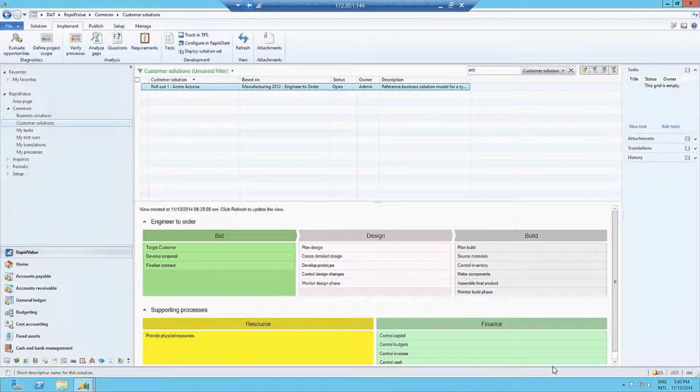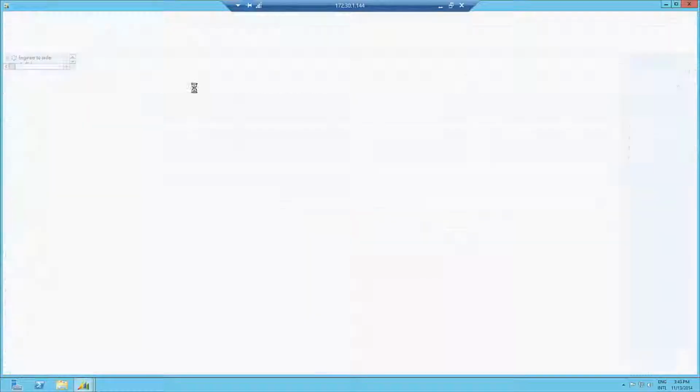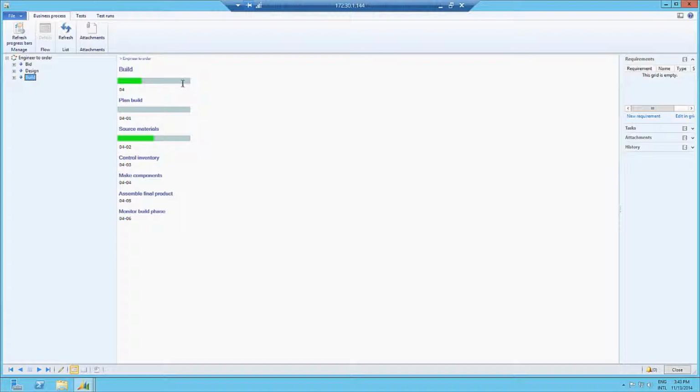I moved into RapidValue here. As you can see, I'm now looking at an implementation. I'm rolling out my business model for engineer to order in Acme, Arizona. I can see my core model here, my template here that I pulled from. And I can see that this is my reference business model that I want to roll out in this particular site. I can now actually go to the implementation tab page, and I have the capability to open up the